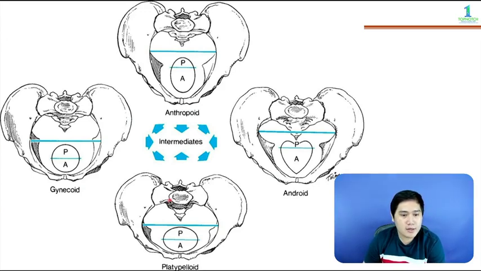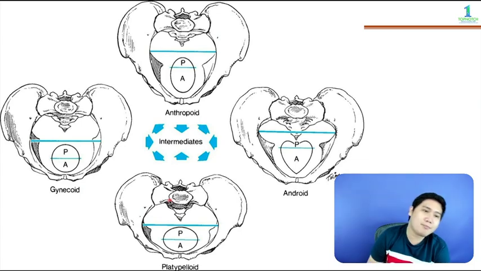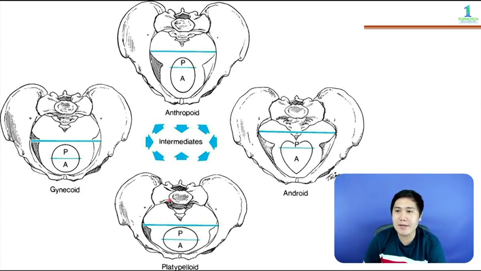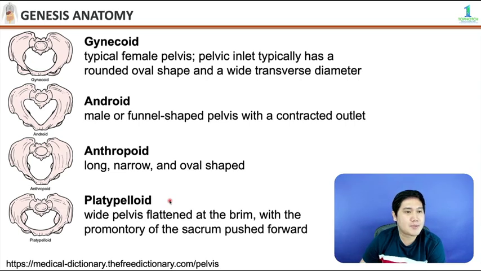Okay? There are also different types of pelvis. Aside from male versus female, meron pa tayong different types, okay? You have a gynecoid type, okay? This is typical of female pelvis. Ayan. So, wherein the inlet is rounded and oval shape and wide ang transverse diameter. Okay? This is perfect for